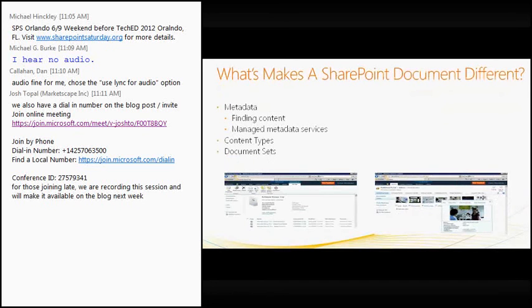The other thing I want to mention here, apart from the metadata, is that you have content types. Another thing that can be very helpful is that if you have a form or a template form of a document, it can be posted one time and used again, as opposed to everyone in the organization getting one file. Very powerful tool. I suggest you read into that as you go into your SharePoint implementations.